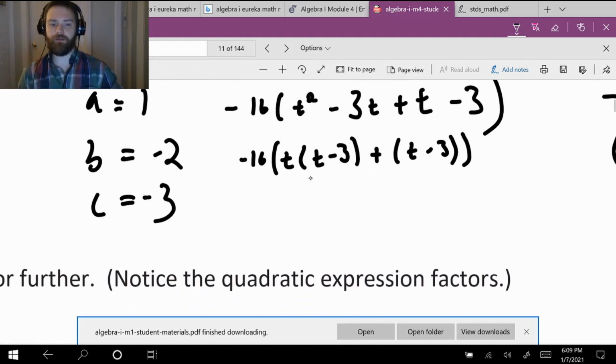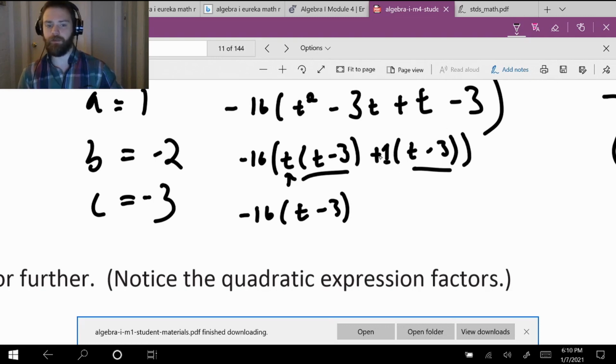So t minus 3 matches here. So I've got negative 16 parentheses t minus 3. And then what's left is this t and this 1. Remember, even with parentheses, if there's no number there, if there's a plus sign between, it's understood to be 1. So I'm left with this t and this 1, so t plus 1. So this tells me